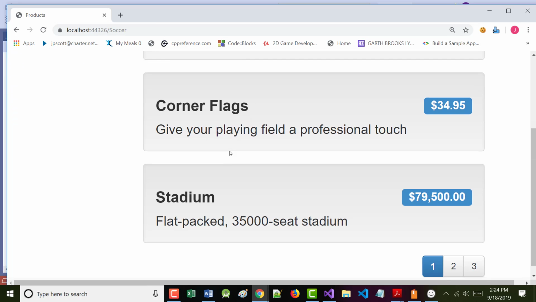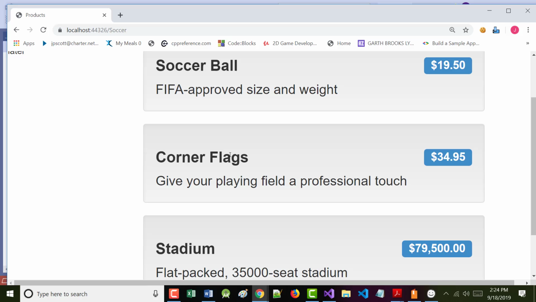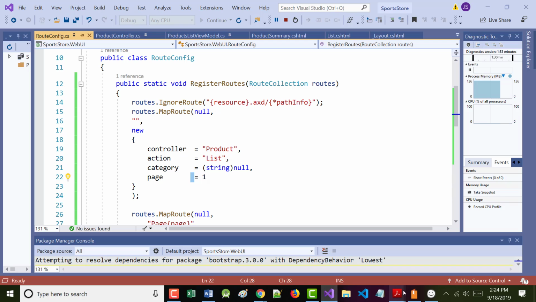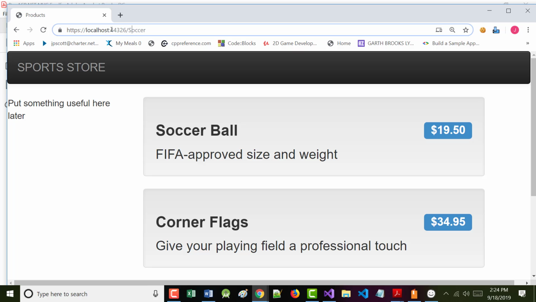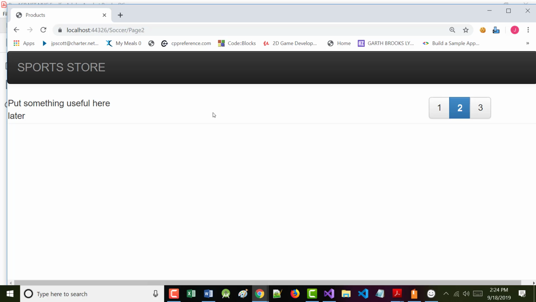And there it is. Now, they tell you next to put in soccer 2. There are not 2 pages of soccer. Everybody get that? There are not 2 pages. There are only 3 records. So we can do that, what the author says there. But it says it shows the specified page. Okay, it says, in this case, page 2. I don't think so. It's not erroring, but it's not showing us anything because there's nothing that meets the criteria we just put in. All right.